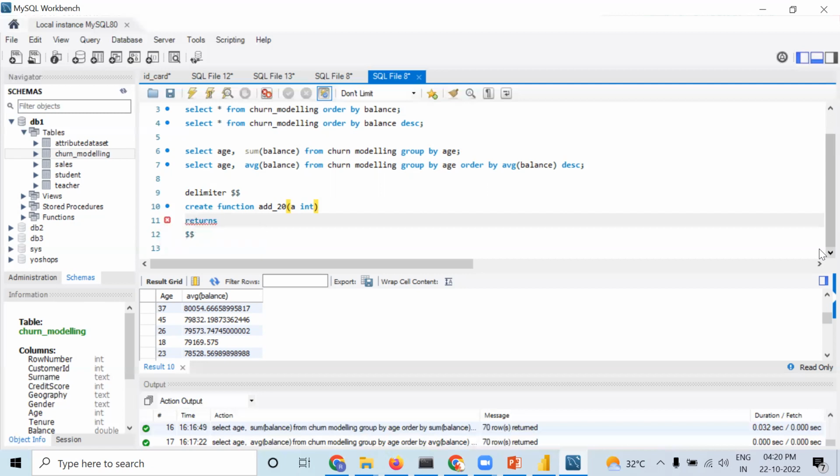Okay, returns int. It should return an integer value. It is accepting an integer value, that is an int, and it is returning an integer value. I will show you how. After returns int, I have to write deterministic, because it will always show the same